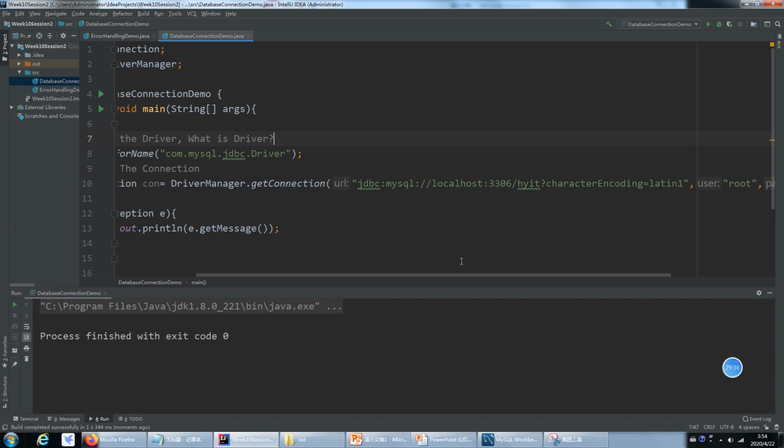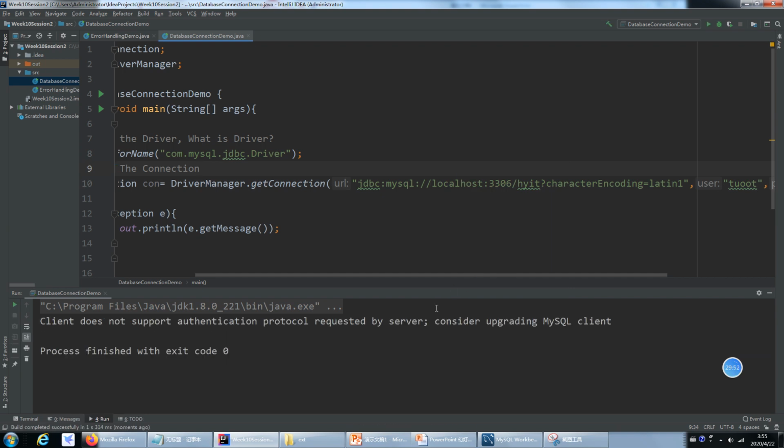Now if I do something wrong here, if I give some other username, a wrong username, and let's right click and run. If I give a wrong username, it will give me an error: client does not support authentication protocol. So that means there is no such user. So you have to be careful with this username. It's root. Okay. And if you put a wrong port number, like let's say 406, and if I run this,